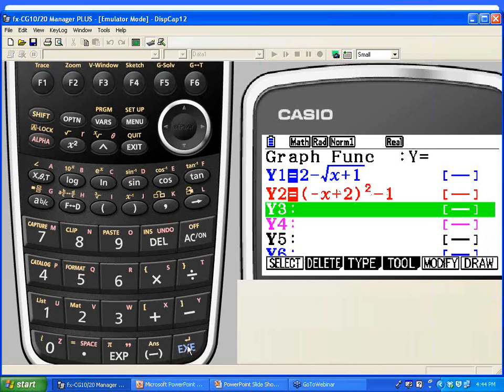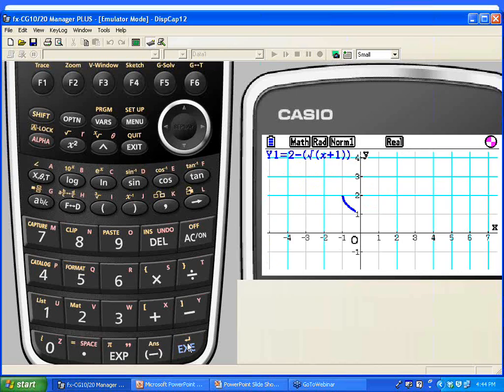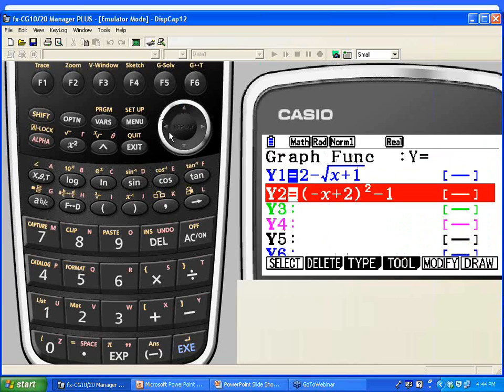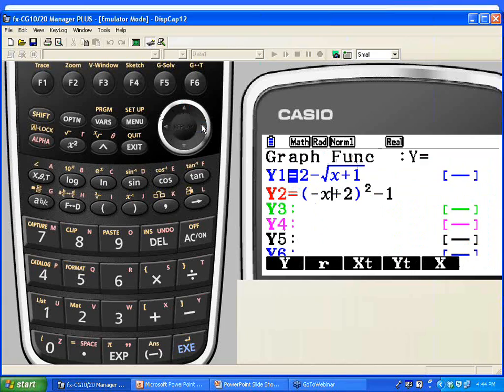Now when I graph this, we're going to have a problem. You see that when I graph the inverse by solving it, I've got a complete parabola, and I only wanted to have one leg of this. So we're going to look at how to go back and restrict this domain. In other words, I just want to create a piecewise function. So I can hit comma, and I'm going to use my bracket. I only wanted to see this graph.